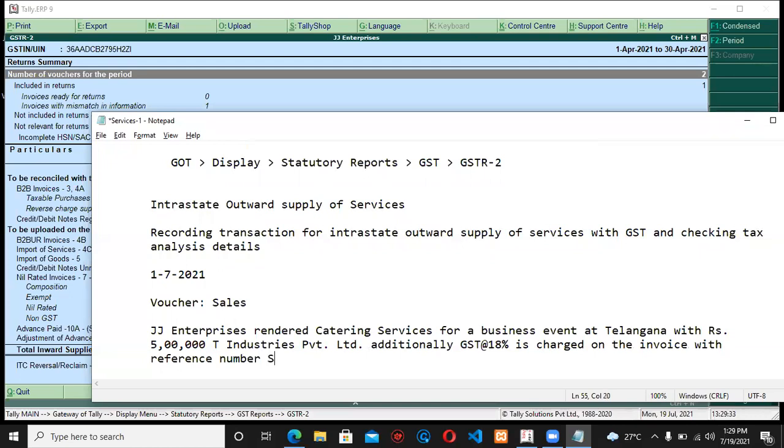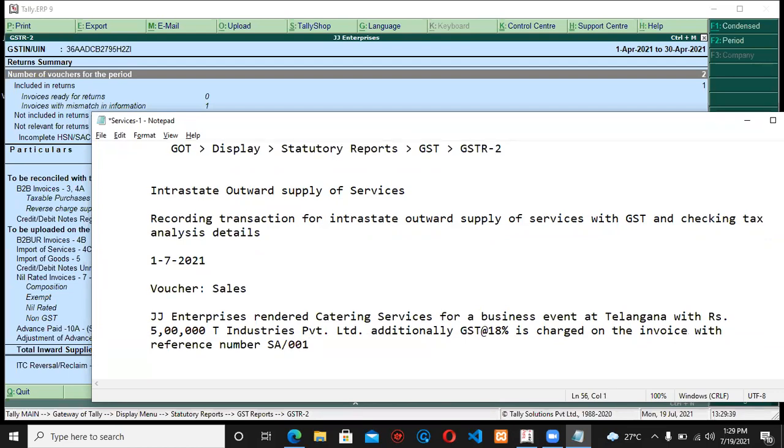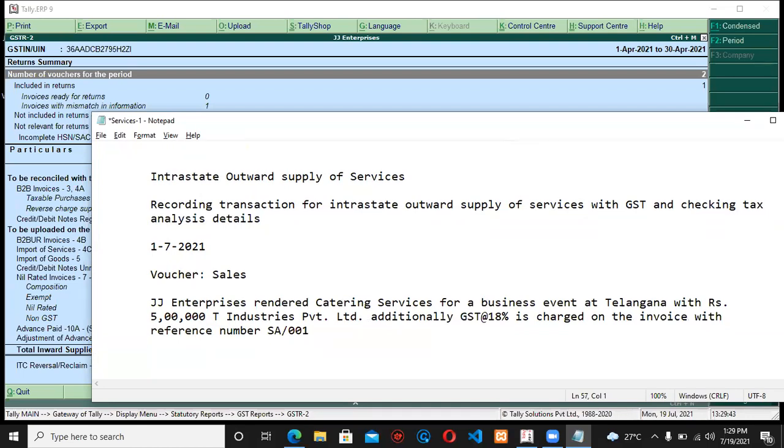So I'm just saying SA to indicate that it's a sale, and it is 001. Previously we gave JJ001 for receiving those services. Now we are rendering the service. So this is the example scenario. Let us check out in detail what we have to do. Remember that we need to have the information of Tea Industry.